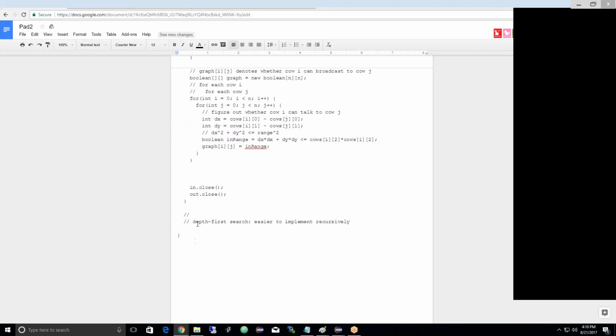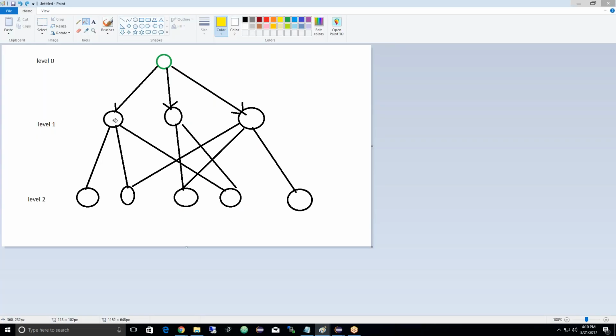So the thing I just showed you is called depth first because it goes as deep as possible along one path, essentially, right? And then when it can't go any deeper, it kind of backtracks and then it goes as deep as possible again. Breadth first search works a little bit differently in that it starts by visiting all nodes in level